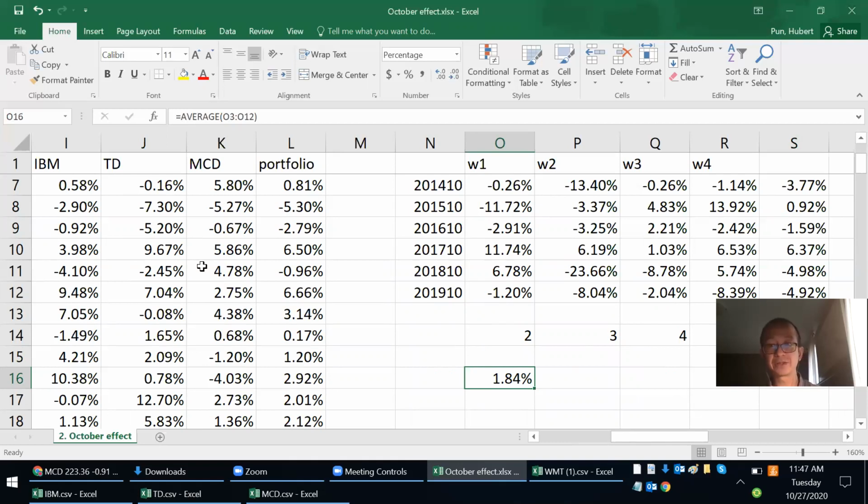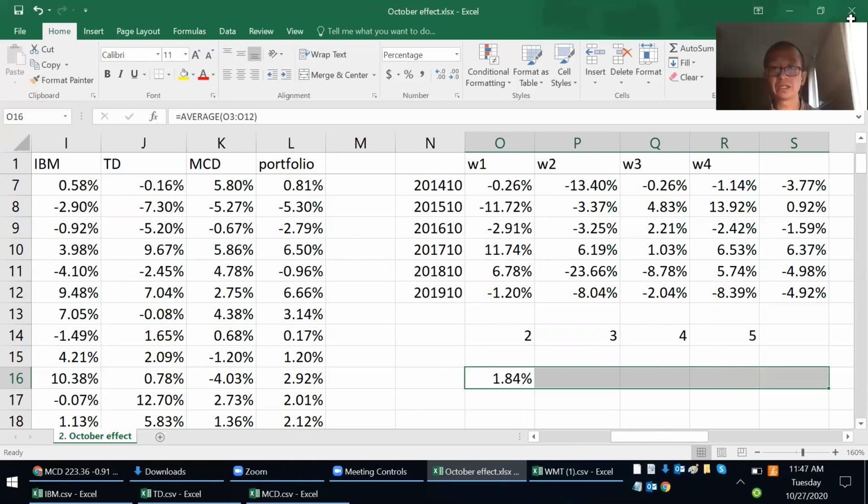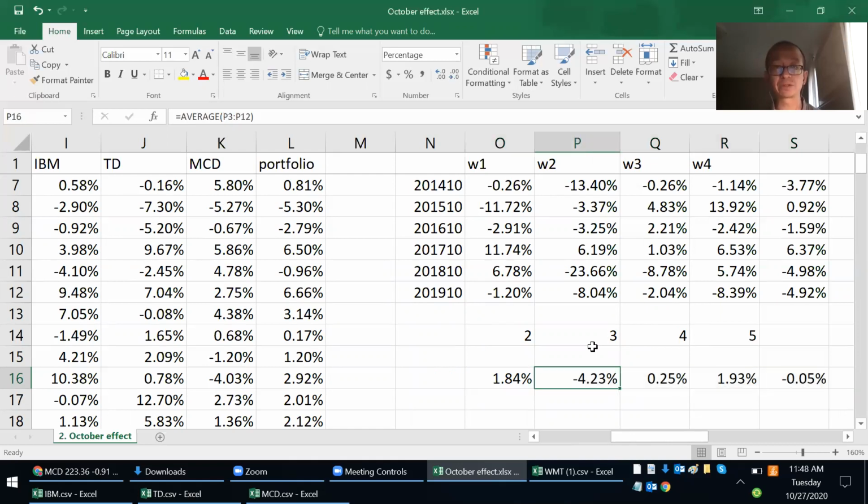Okay, and then if I want to know the return of the other stocks and also the portfolio, then I do Control Right. So that means 1.84%, minus 4.42% for IBM, 0.25 for TD, and 1.9 for McDonald's. So this is